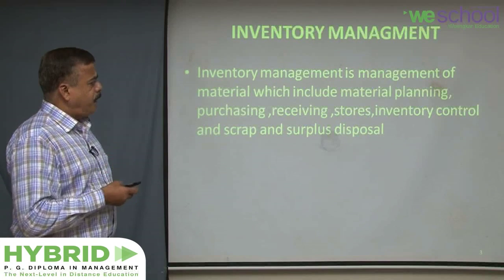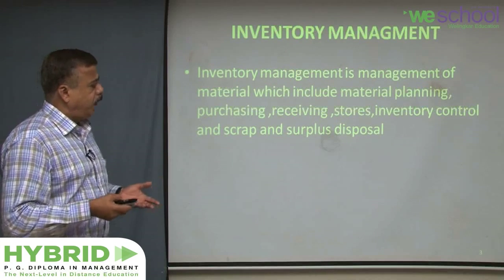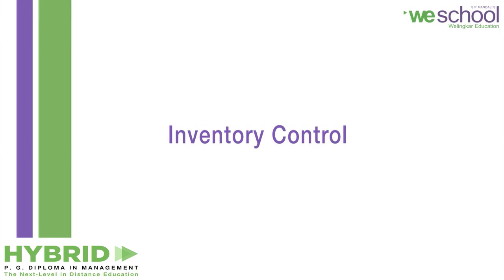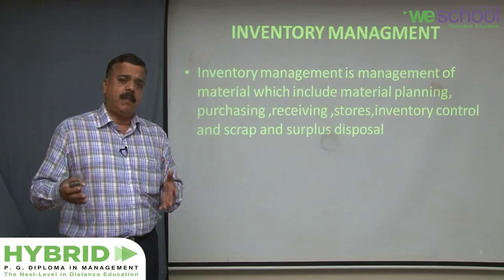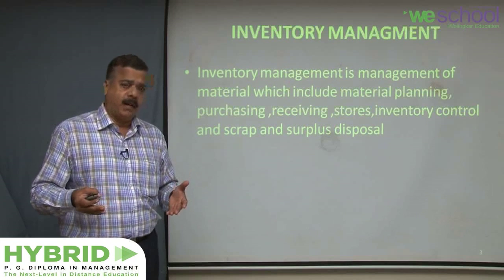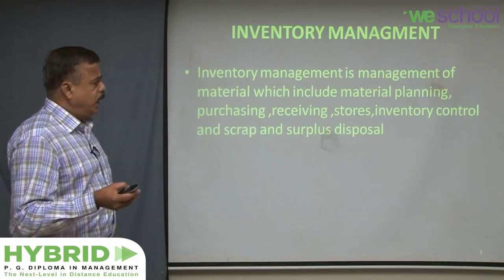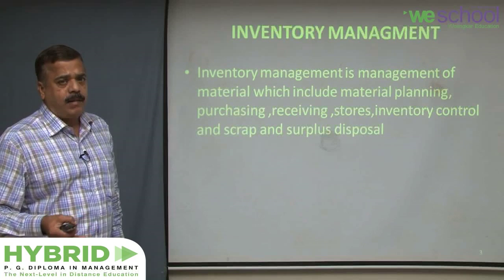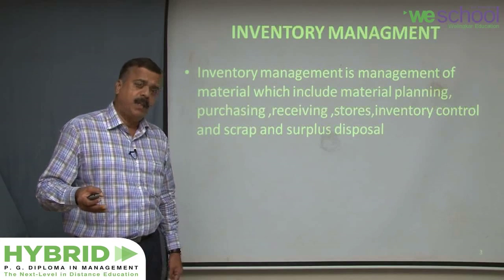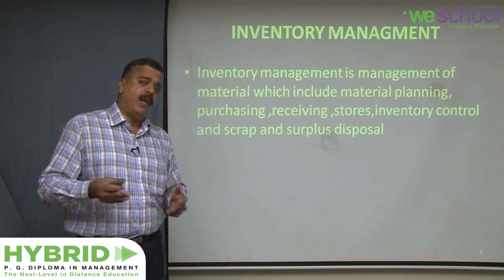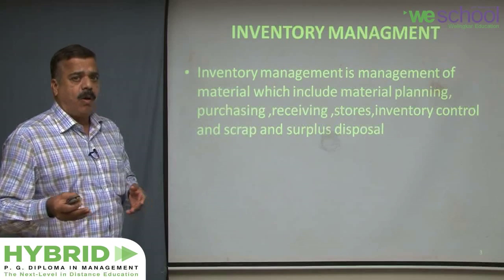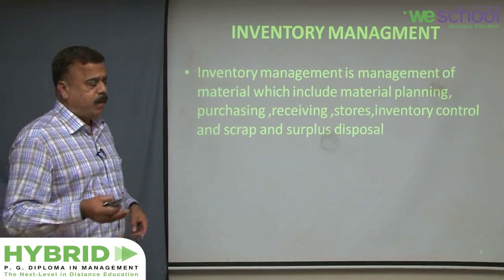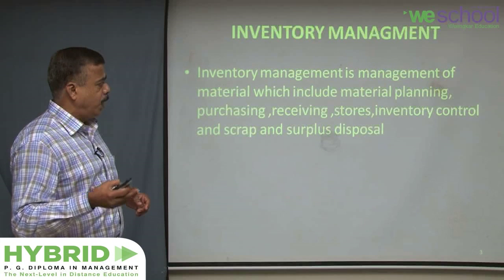After the stores have done their job, the inventory control, which is also in the warehouse itself, comes into action. They will enter the records, check whether the quantity received is correct, and update the records. After that, they will issue to the production department as and when required by the production department, and subsequently if there were any damages or spoilages that took place during this process of offloading, loading and handling,